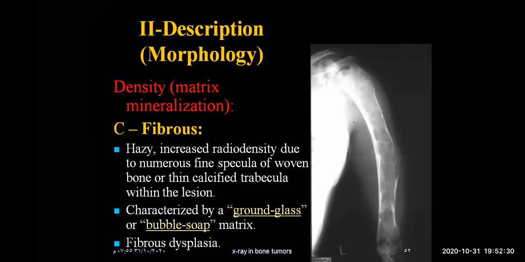Now, the fibrous lesion will give what is known as ground glass appearance. Ground glass appearance. And this is because of woven bone. Woven bone gives the ground glass appearance, or in other words, the soap bubble appearance. Okay. The ground glass appearance is like